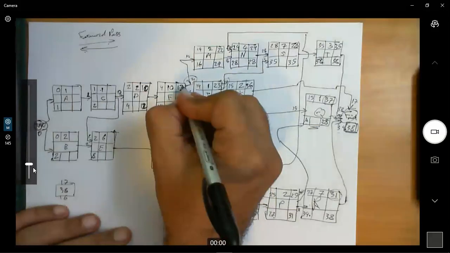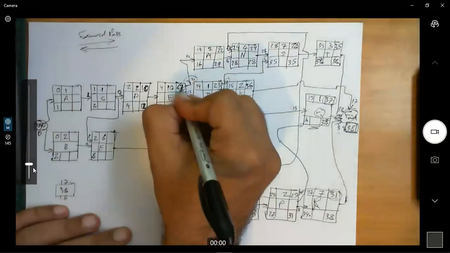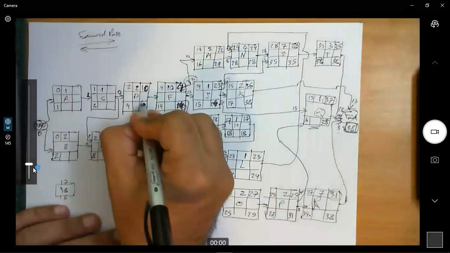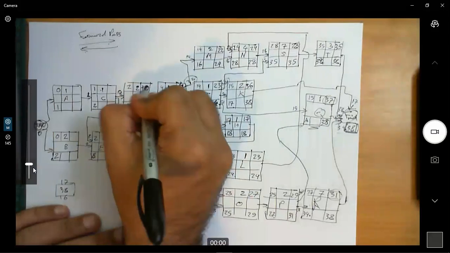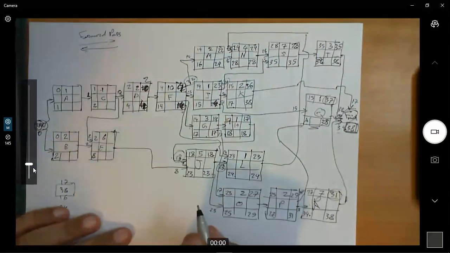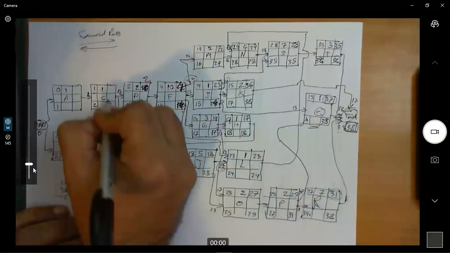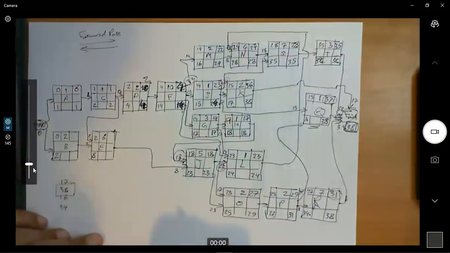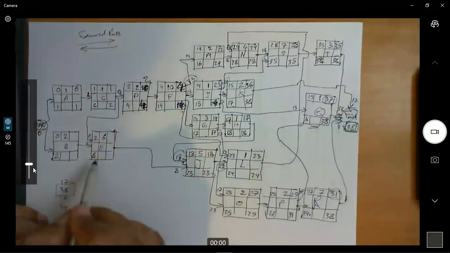So 4, 4 minus 2, that's 2. Okay, so this will be 2 minus 1. Here is 1, 0. Okay, okay, we still have this one. So this one is going to be on the